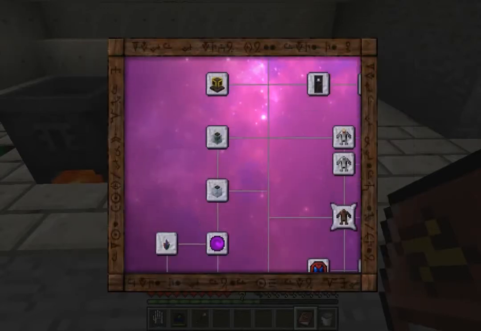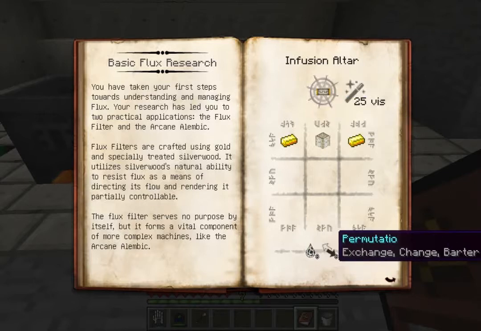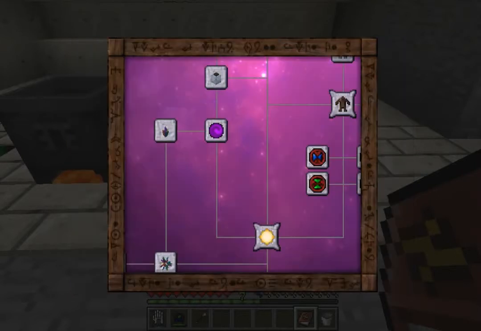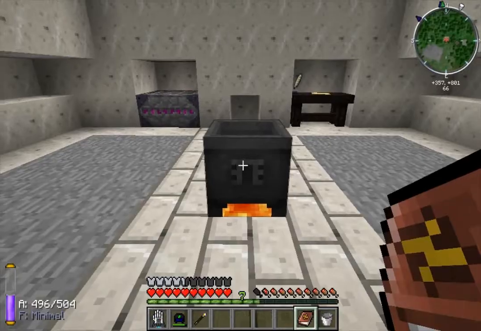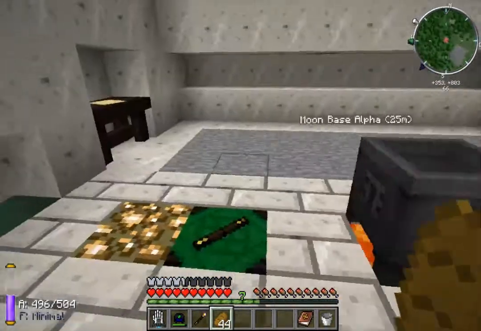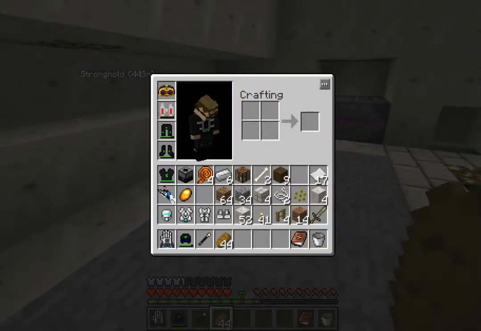the other thing that we want to do is to create flux filters. And flux filters are required so that we can create the arcane alembics. And the arcane alembic is so that we can have our cauldron here and have it siphon off all the other material that isn't actually going to be used in whatever recipe, which is nice. And then we will be creating a golem,